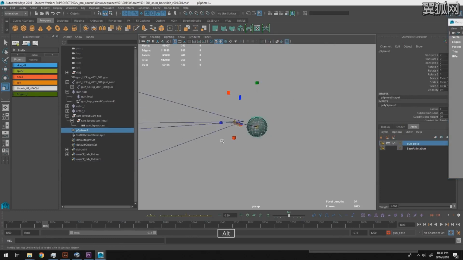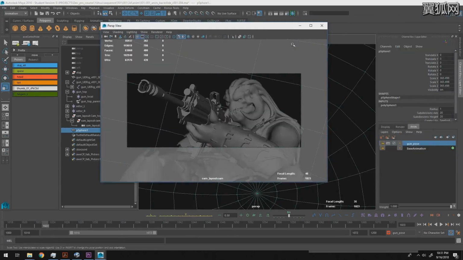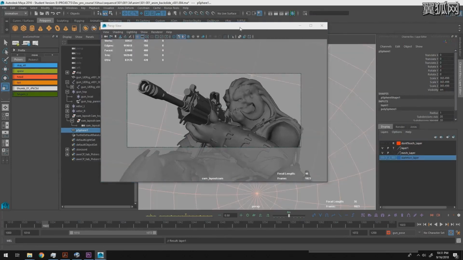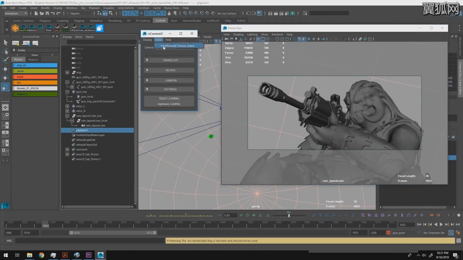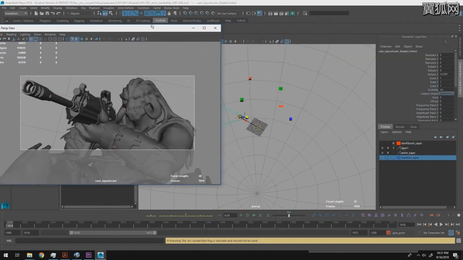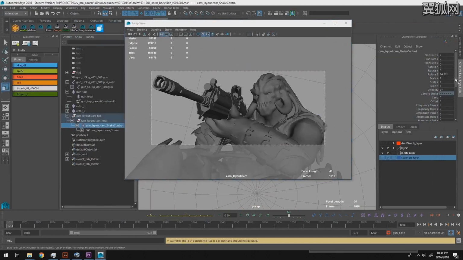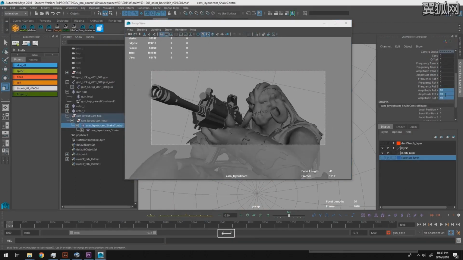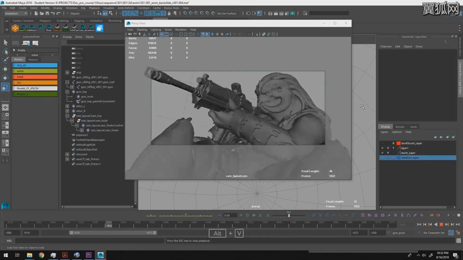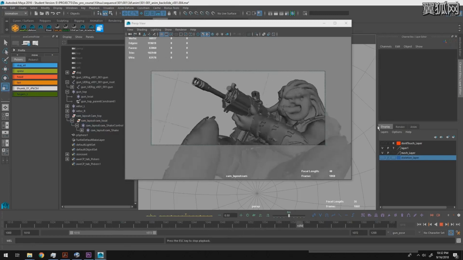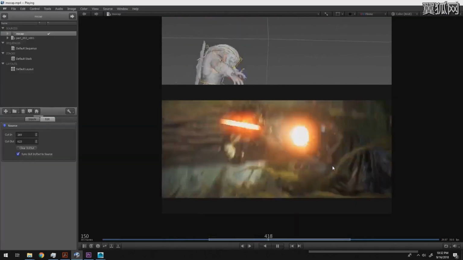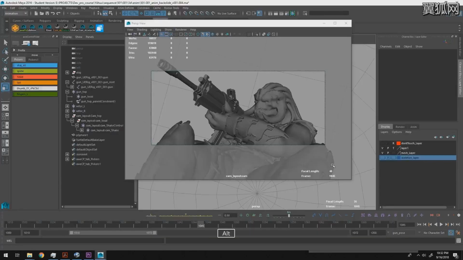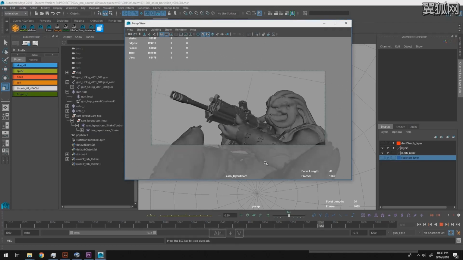Last thing, last thing, promise, is the camera, our favorite camera shake. Do the same dome wireframe to check the rotation of the camera and do the camera shake script. This shot's supposed to be a pretty dynamic shot, and we even rotate the camera in Z so we can give a little more amplitude on the X and Y rotation and give it like 4 on the Z rotation, and frequency at 4, it looks pretty good. So this is how I did this part in the final animation, and I even used the same animation, same camera move, and just punch in the lens so I get a tighter close-up of the character's